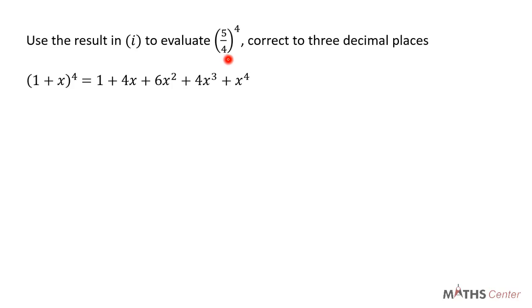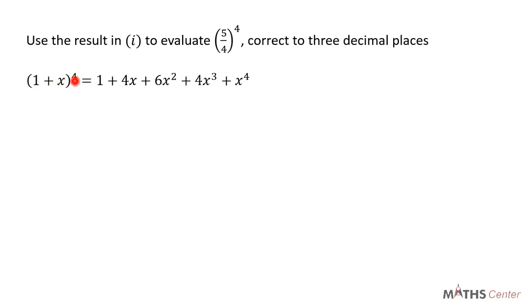That is the expression you want to evaluate. So in this case, 5 divided by 4 exponent 4. You have to write it in the same form as the binomial expression. So here we are going to write 5 divided by 4 exponent 4 in the same form as 1 plus